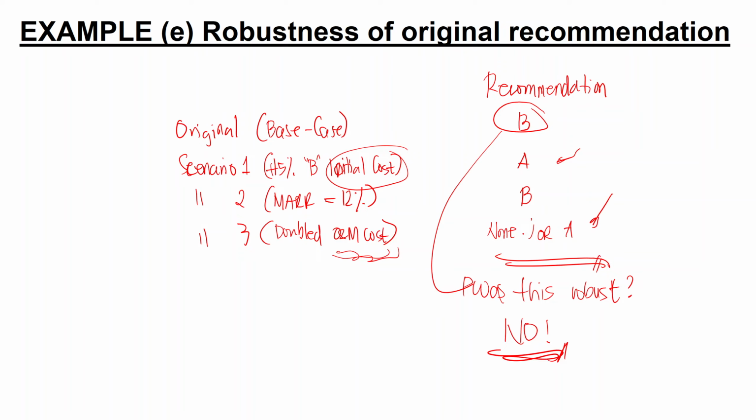What we did there was we calculated the present worth of the original, then we calculated the present worth of scenario 1 by applying its changes. Next, we calculated the present worth of scenario 2 by applying its changes. And take note that the change we made at scenario 1 should not be applied in scenario 2, and should not be applied to scenario 3, and so on and so forth. And then we take the recommendations and compare them.